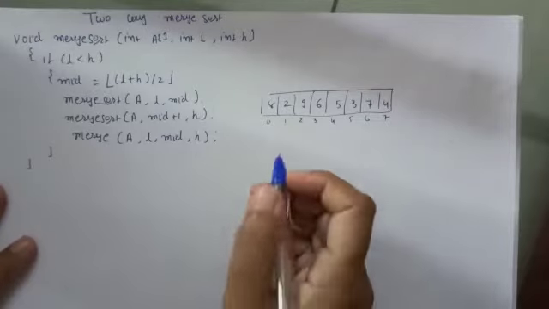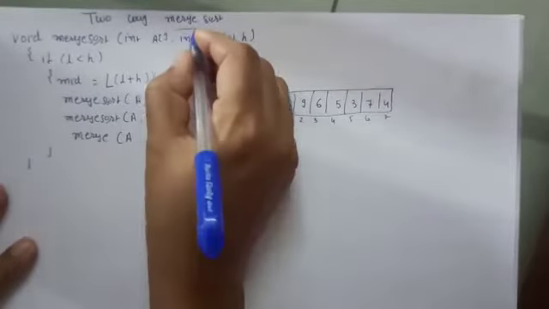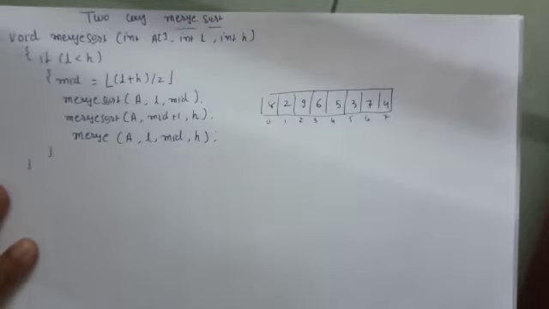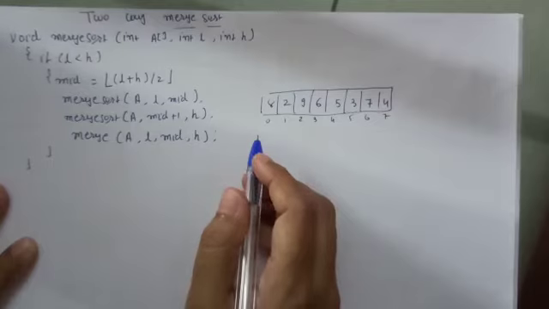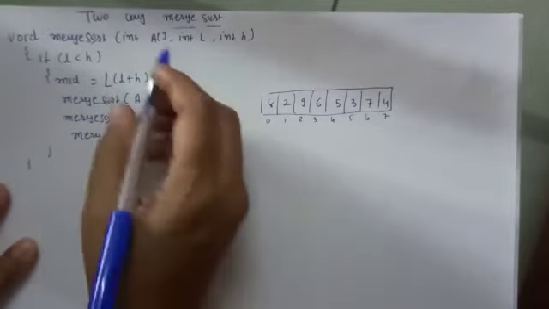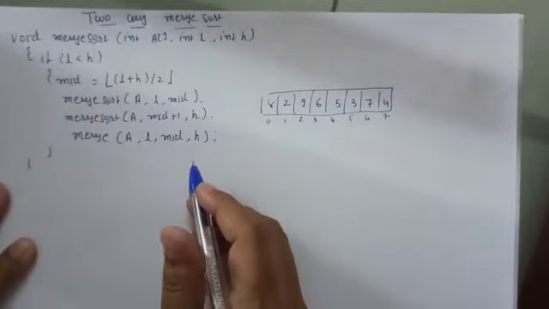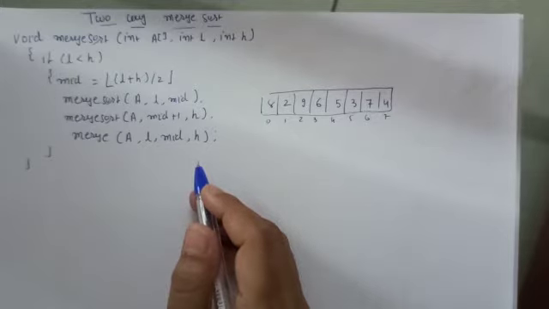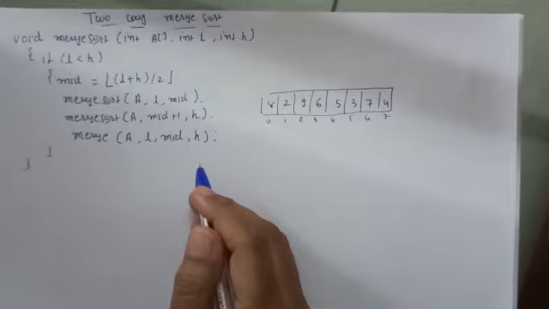In this video, we will discuss merge sort. We have already discussed the merging procedure. Here we are discussing two-way merge sort. In two-way merge sort, we need two lists and we merge them together. Only a single element is sorted. We assume here that if we have only a single element, then that element itself is sorted.